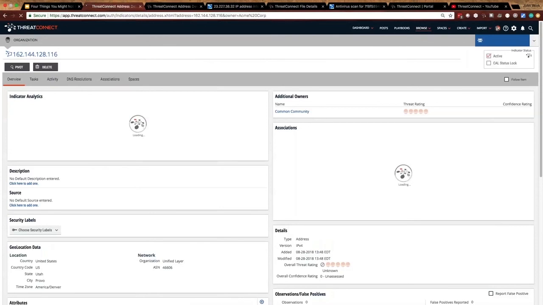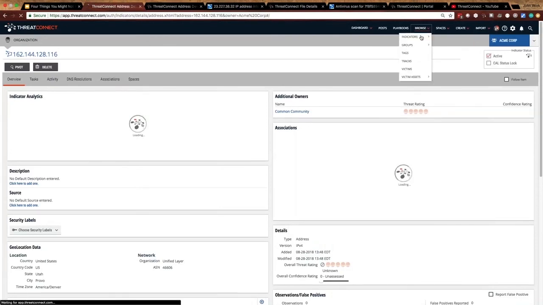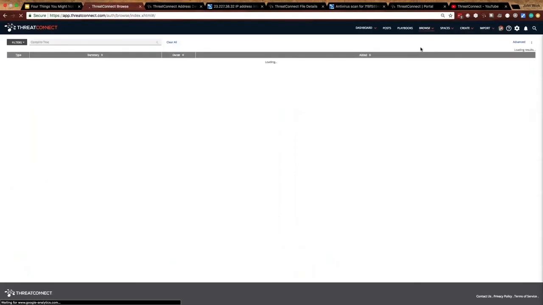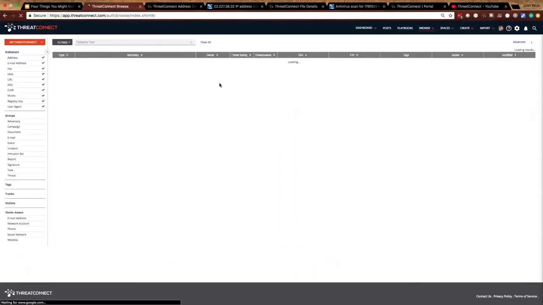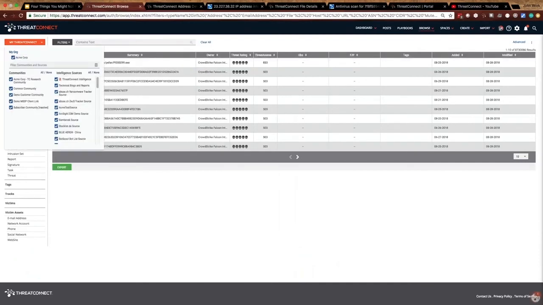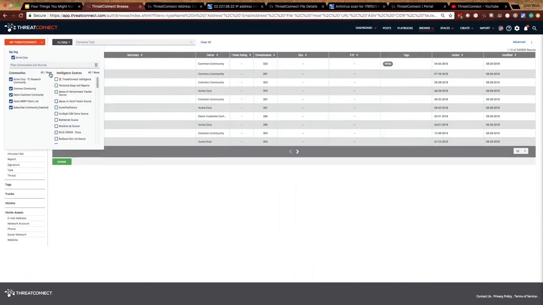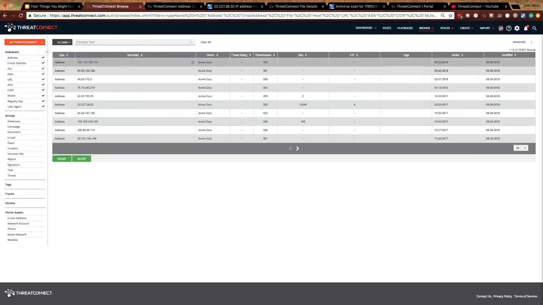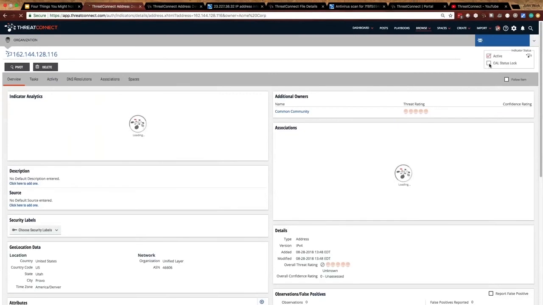This is turned off on this particular organization that I'm in right now, but there's a CAL status lock that you can see there, and you can turn it off so that indicator won't get reported back to CAL. It's this little button right over here.